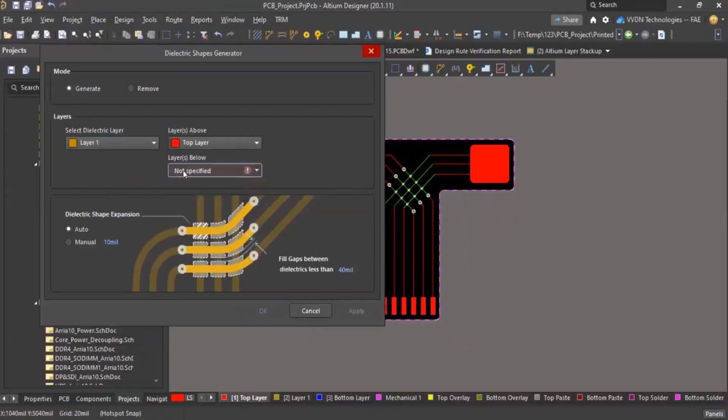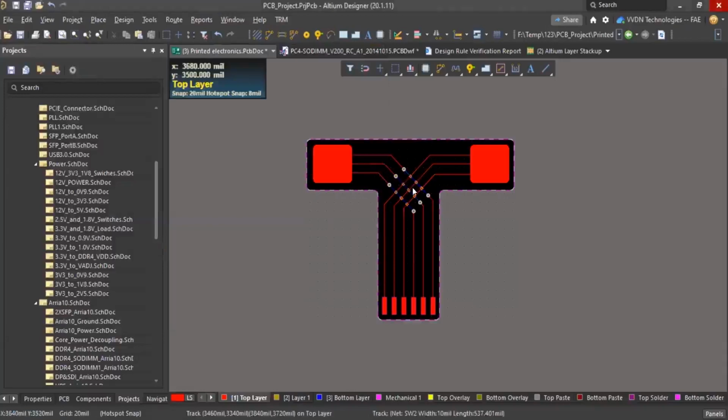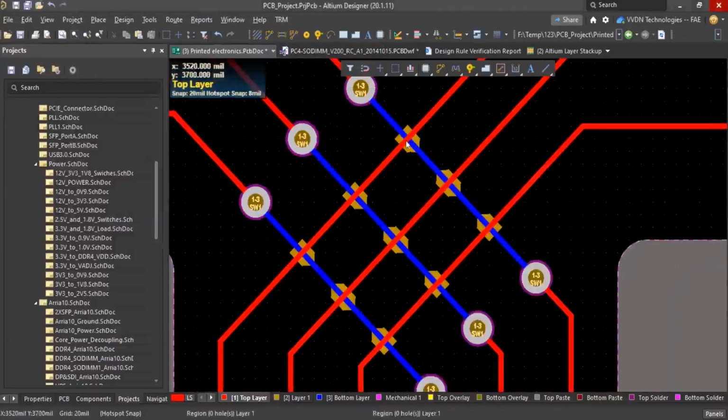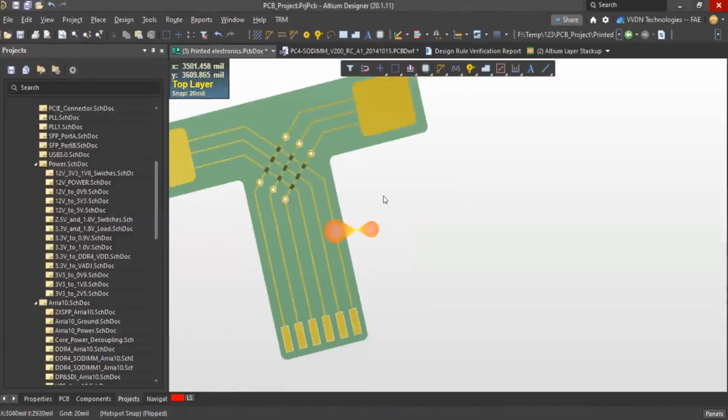I'm selecting bottom and using automatic. If the gap is less than 40, then it should behave like a solder mask. You know, if there is a very small gap between solder mask openings, then we use a gang mask. The same way, if there is space less than 40 mil, just mask it completely. I'll just apply and okay. Now here you can see the dielectric added. If you put it into 3D mode, you can see it.